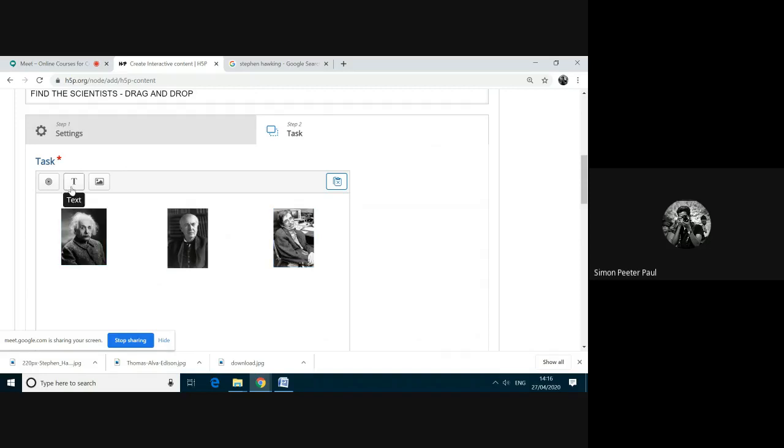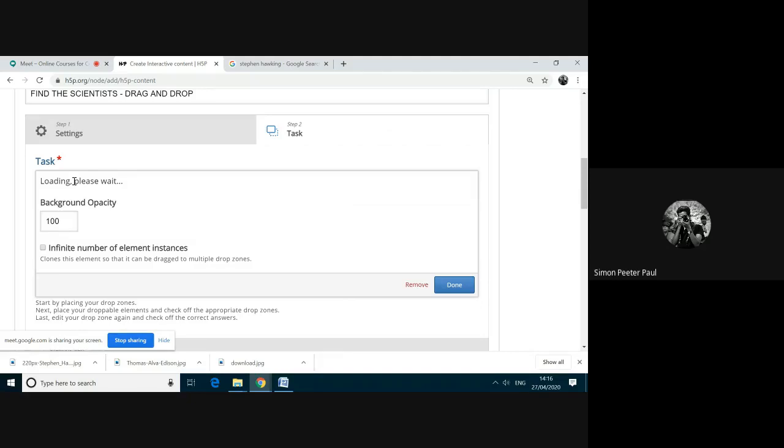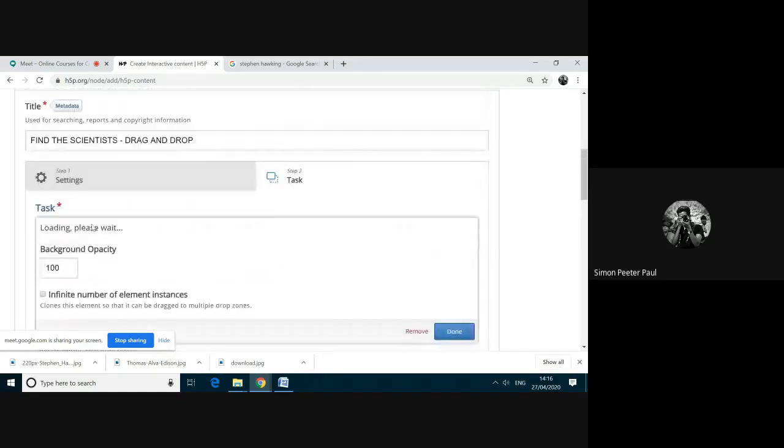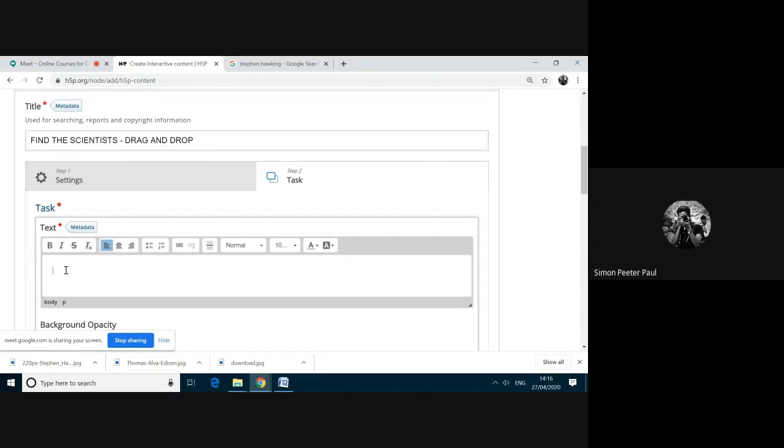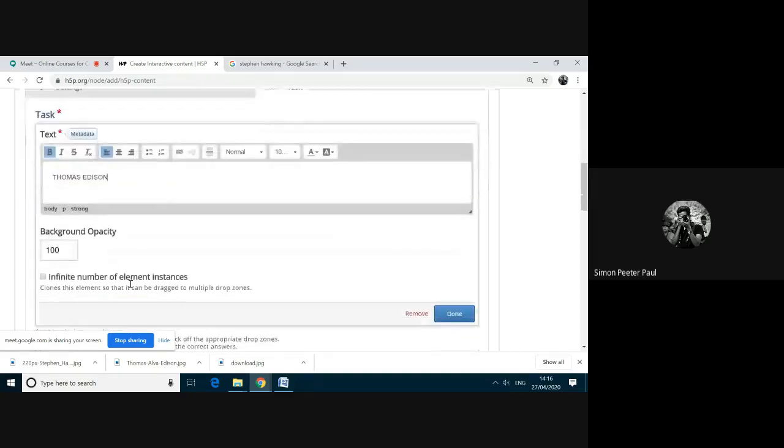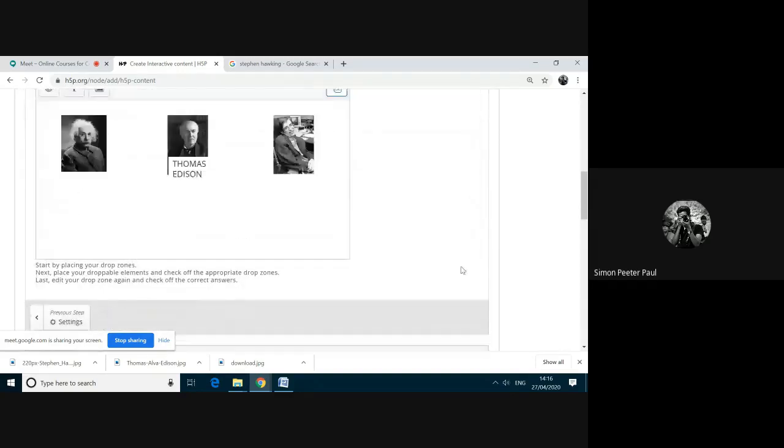Then I am clicking on the text button and I am clicking this one. Okay, let it get loaded. Here I'm going to give Thomas Edison. Then I'm enabling bold, and then I'm clicking done.